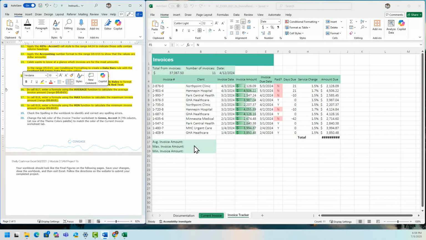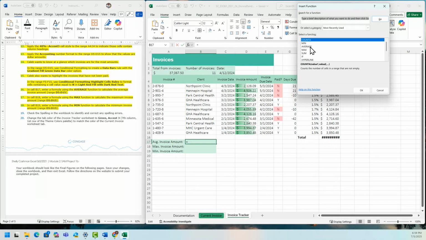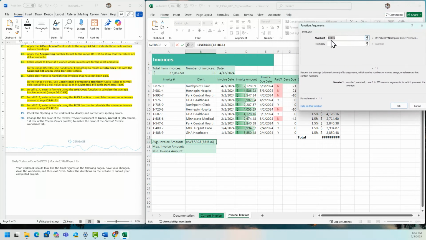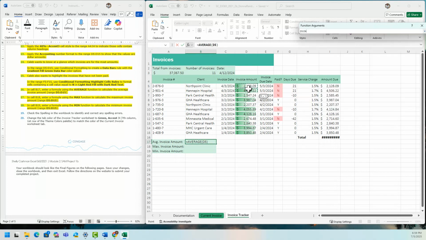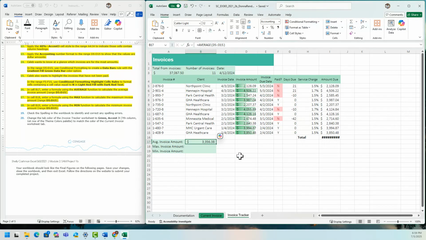So for step 16, I'm going to select B17 first, and then go to the formula, insert a formula, look for average, select OK. Now from here, for number 1, I'm going to highlight D5 to D15, which is the invoice amount. Click OK. So that's the average amount, 3,356.38.